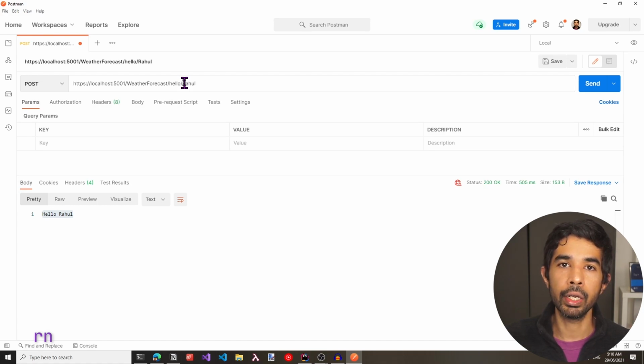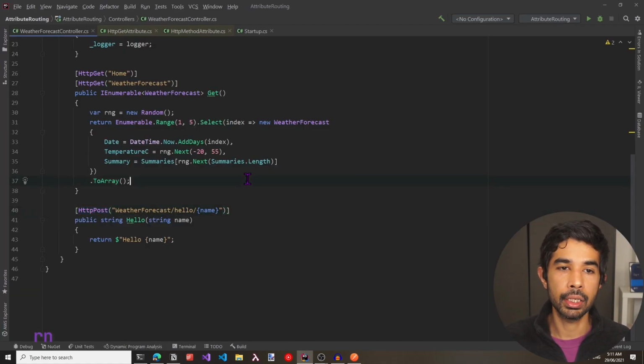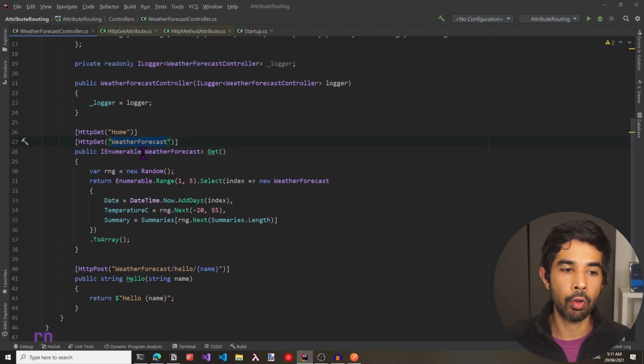I have a separate video on model binding which walks through the different possibilities and ways you can bind data from request. As we add more methods to these controller classes, we keep repeating over these verb templates and also the route attributes. In this case, I have the weather forecast being repeated on both of these methods because this needs to fall under this weather forecast controller.